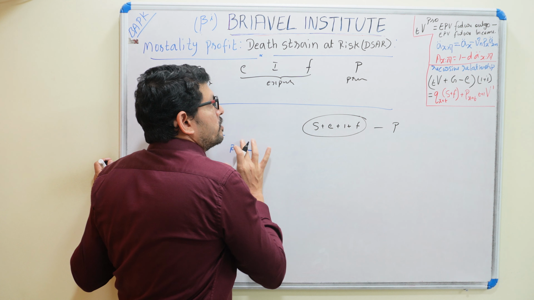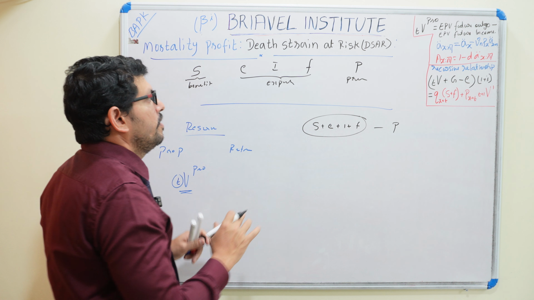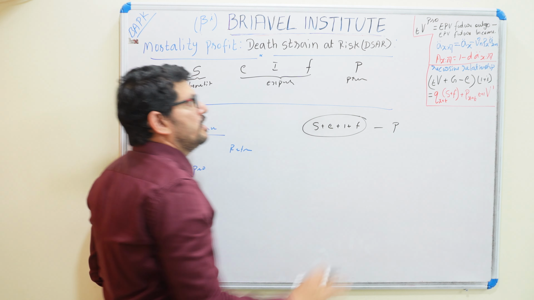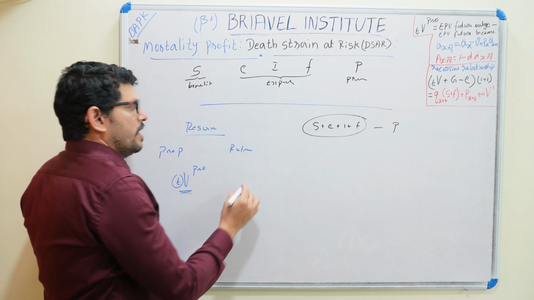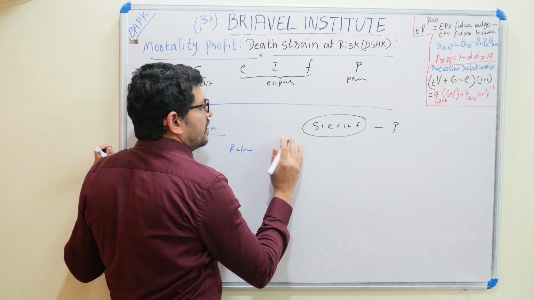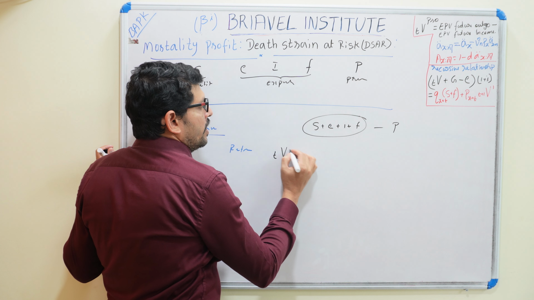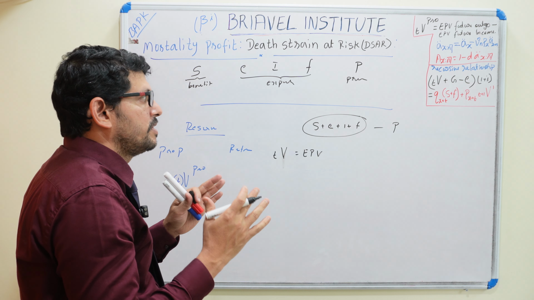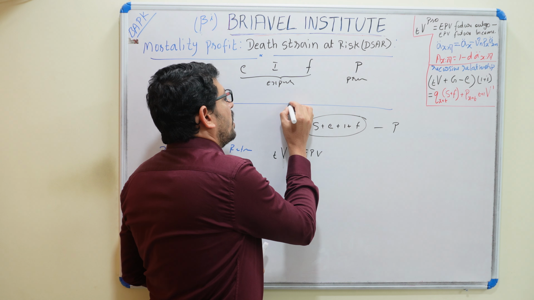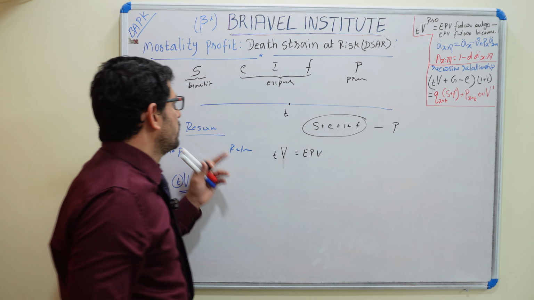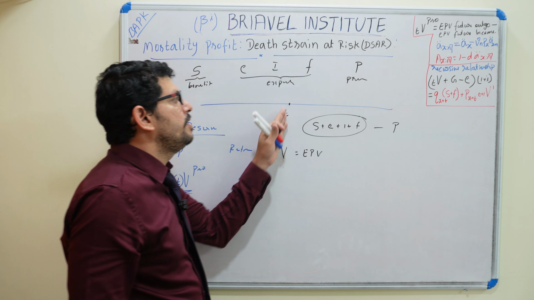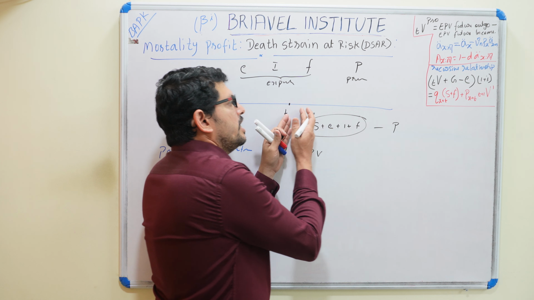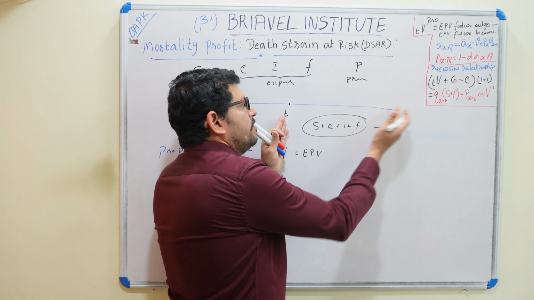So in prospective reserve TV, we know that it is the expected present value of future outgo minus the expected present value of future income. Now we are calculating at time T, not the initial time. It is any point of time we can calculate. So at time T we are calculating the expected present value of future